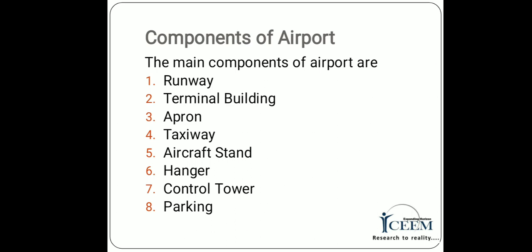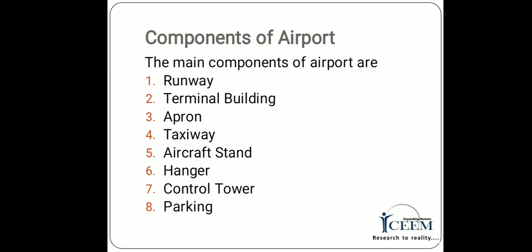Its longitudinal grade should not be greater than 3%, while its transverse gradient should not be less than 0.5%. It is also provided with a shoulder of 7.5 meter width paved with bituminous surfacing. The taxiway should be visible from a distance of 300 meter to a pilot at 3 meter height from the ground.